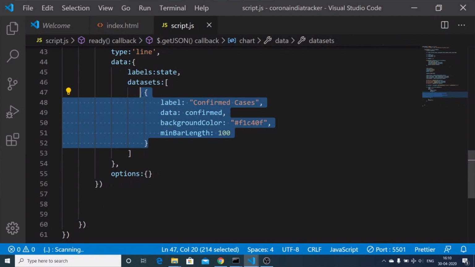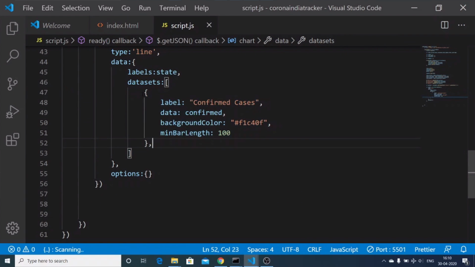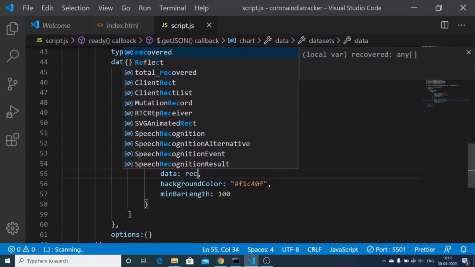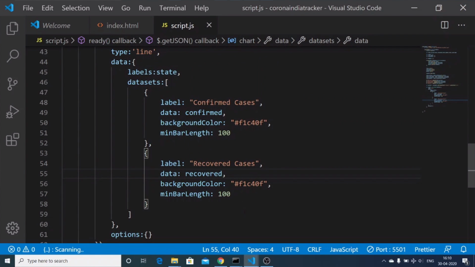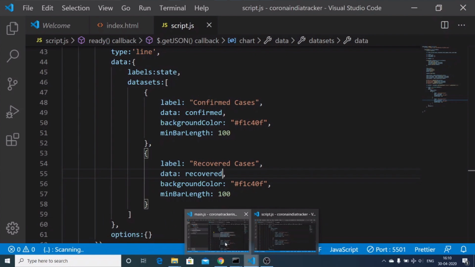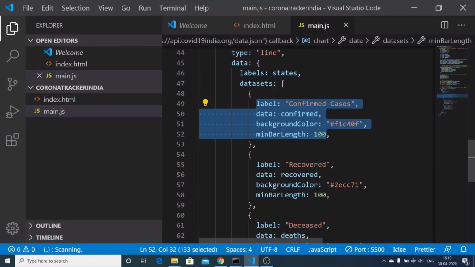Now we have the second property, let me change the label to recovered cases. Here we will provide the recovered array. Let me see the background color. The background color is different.